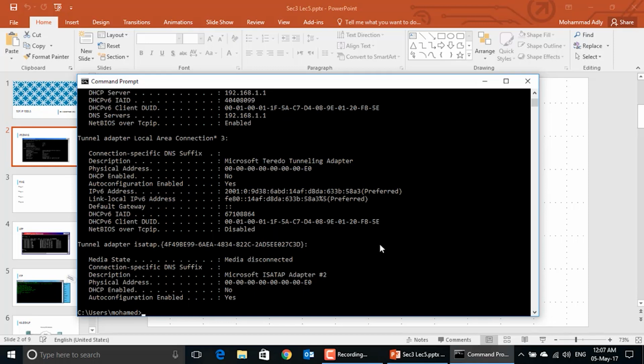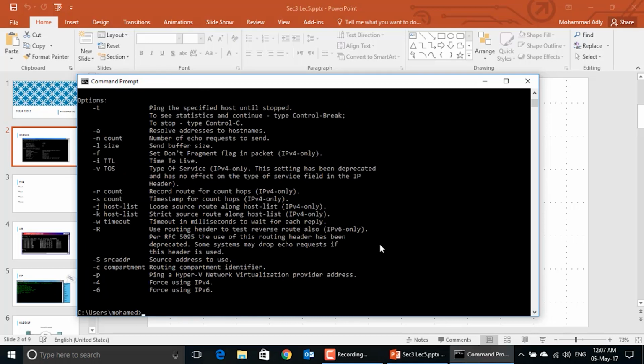The second command that we need to know about is the ping command. Ping stands for Packet Internet Groper. We can access the help of this command, the manual of this command, by typing ping -?. Here is the help. Here is the manual of this command. For example, if I type now ping